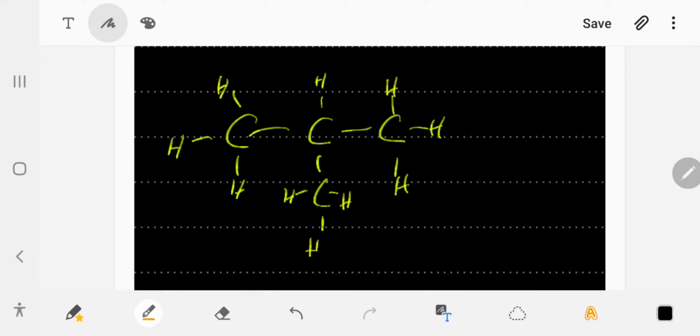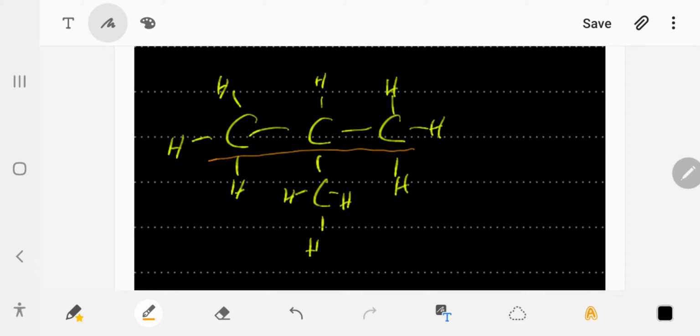First, we have to find the longest chain in the compound. Longest chain means the longest series of carbon atoms without changing the arrangement or the order. So we can start from here, 1, 2, 3, or 1, 2, 3, or 1, 2, 3. It is the same. So we simply take this series 1, 2, 3